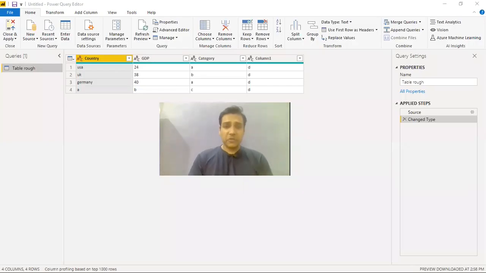Welcome back. This is Swap Tripathi again, and let us discuss how to edit a column. So here, we have a column which we don't want in the data set. We can see that Column1 at the end is a column which we don't want. It has all the value D, and we want to remove this column.